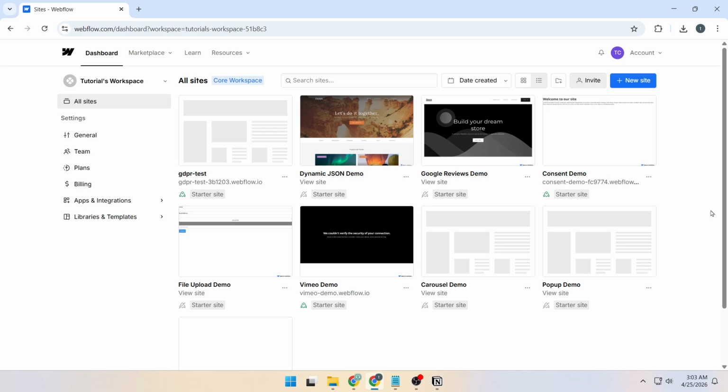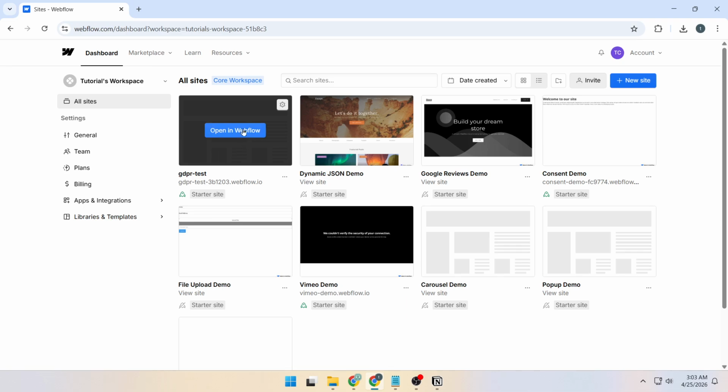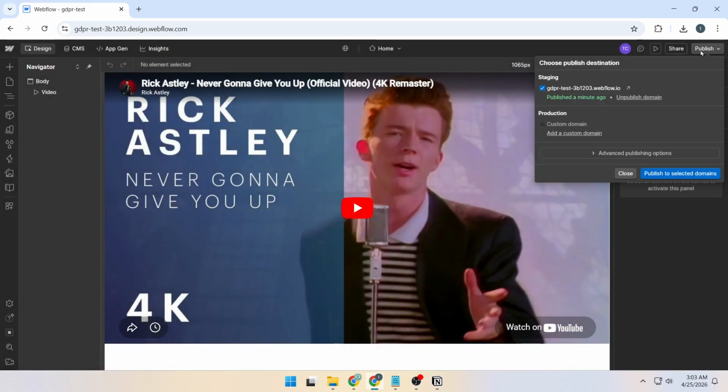Open the Webflow website and go to your dashboard. Hover over your project, then click Open in Webflow. Once the designer loads, go to the top right and click Publish. After that, click the arrow to open the staging link so you can preview the current live version of the